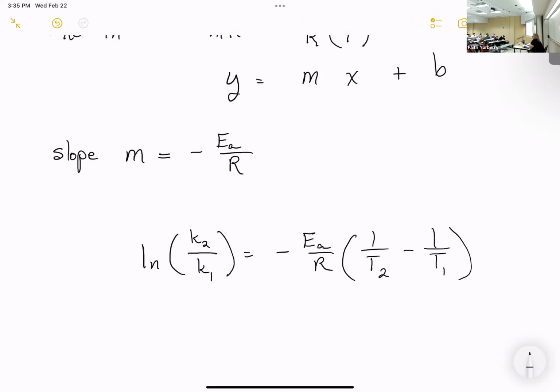Which, folks, this should look very similar. This is our Arrhenius equation,